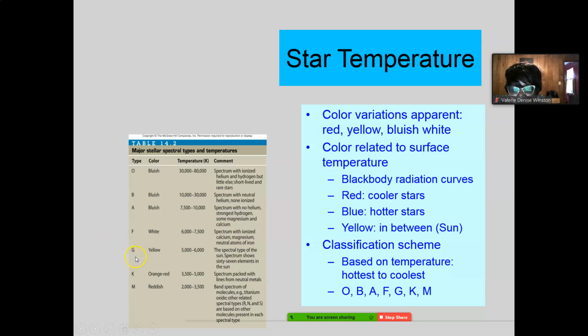Your yellow stars, the G stars, that's where we live. 5,000, 6,000 K, we're at 5,600, wasn't it? Or was it 4,800? Somewhere in that range. But anyway, the spectral type of the sun, the spectrum shows 67 elements in the sun. Guess how many common elements we have here on Earth? Just around 67.